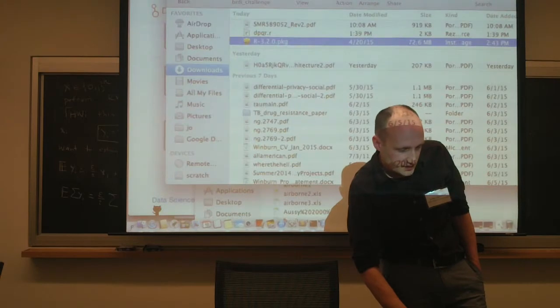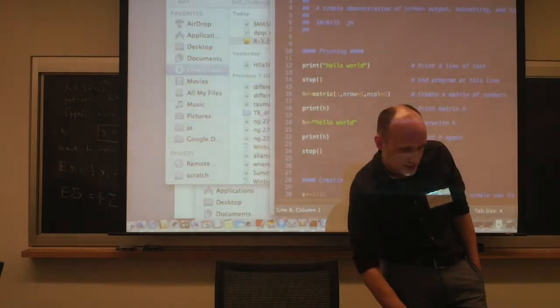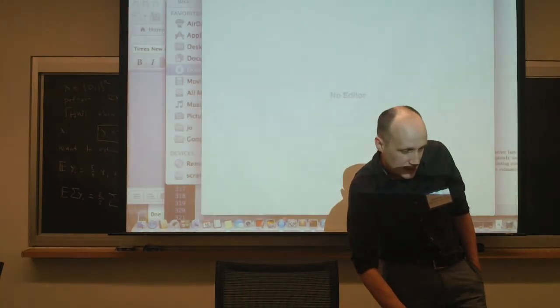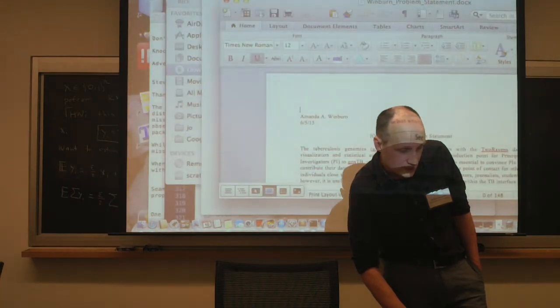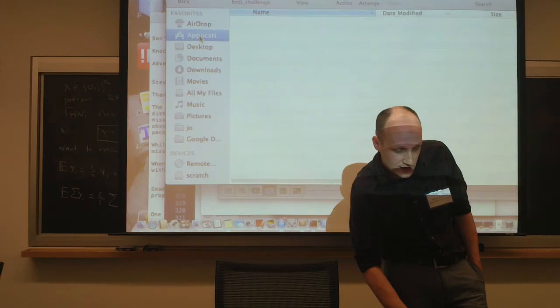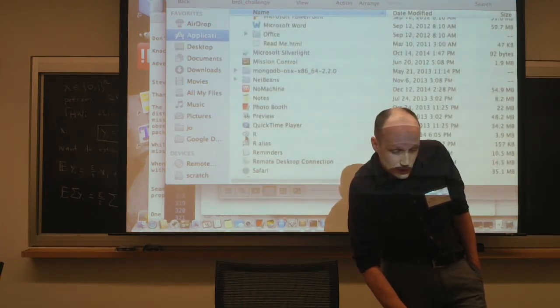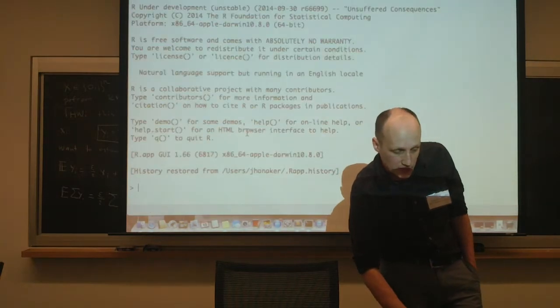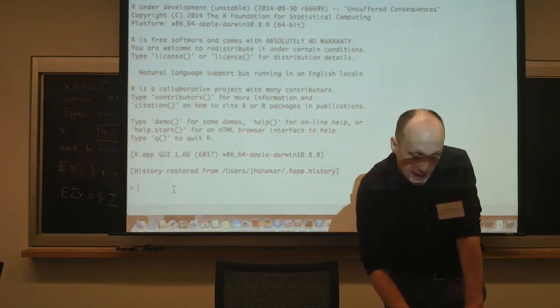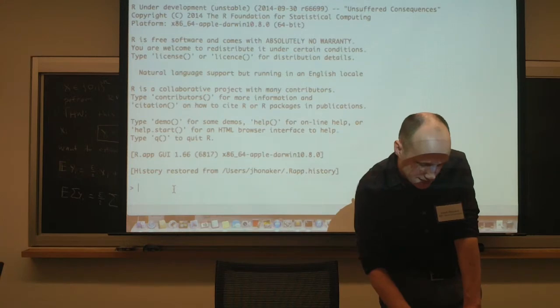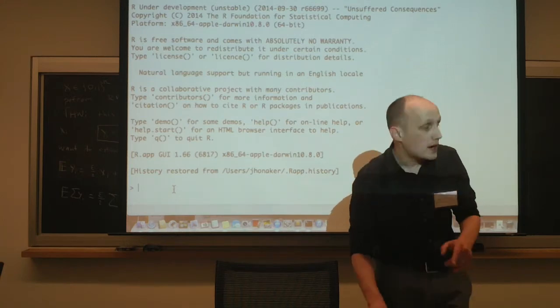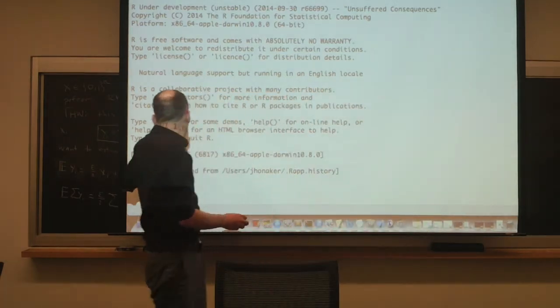Okay, so when you've installed it, if you install it successfully, I have very little screen space here, R might appear on your desktop if you put a shortcut there, or it will appear in your applications. The first time you click on it, it'll ask, are you really sure you want to open R? Because you just downloaded that off the internet, and the internet can be crazy, and we just say that's perfectly fine. Okay, so you'll get R open.